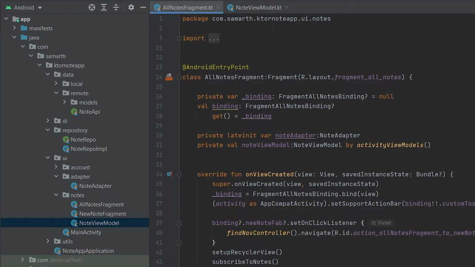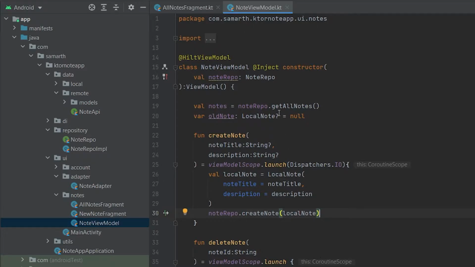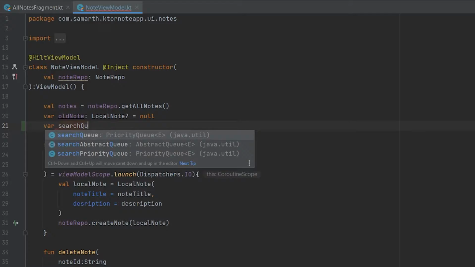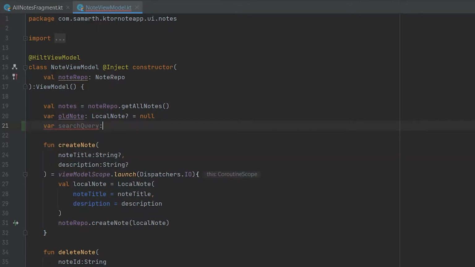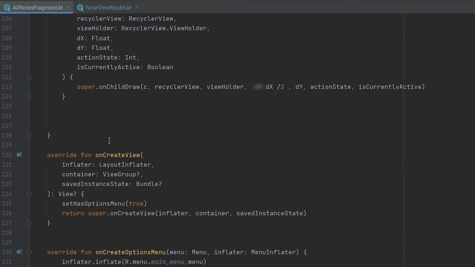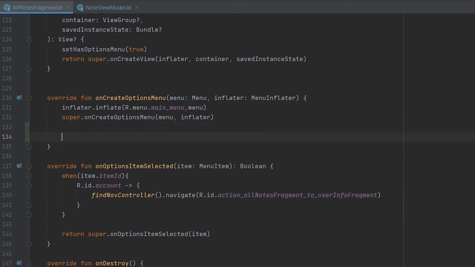So, first of all, to search notes, we have to open our note view model, and here we have to create a variable which is search query, and it is of type string, and by default it is an empty string. Now back in our all notes fragment, and here we have to go to our on create options menu function,